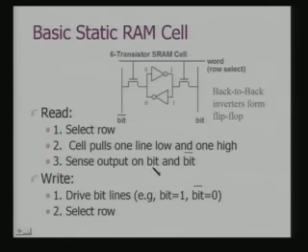On the other hand, how do you write? You drive the bit lines and select the row, and accordingly you force the flip-flop to change state if it is required. So, this is how a bit gets stored in a static RAM. Obviously, since it requires 6 transistors to implement a single cell, the area required for implementation of a single bit of SRAM is more.